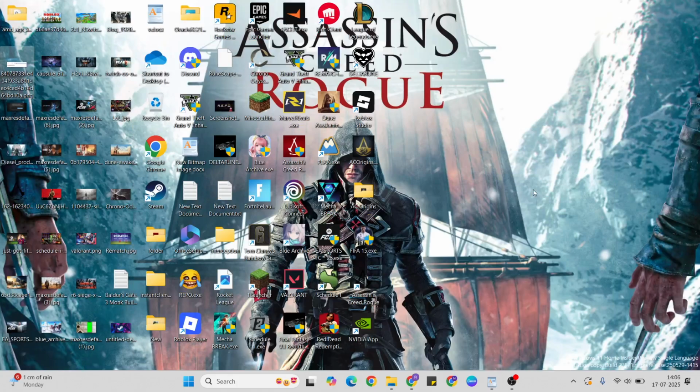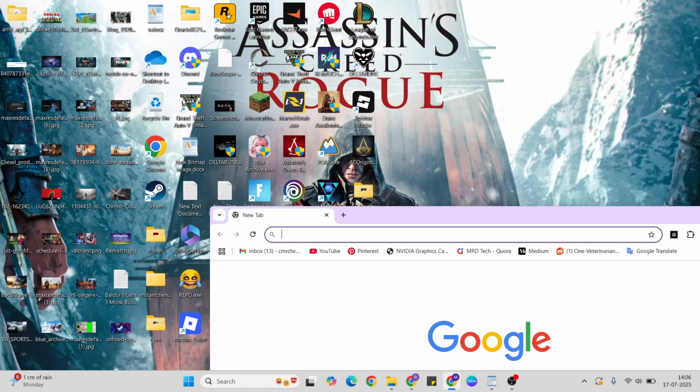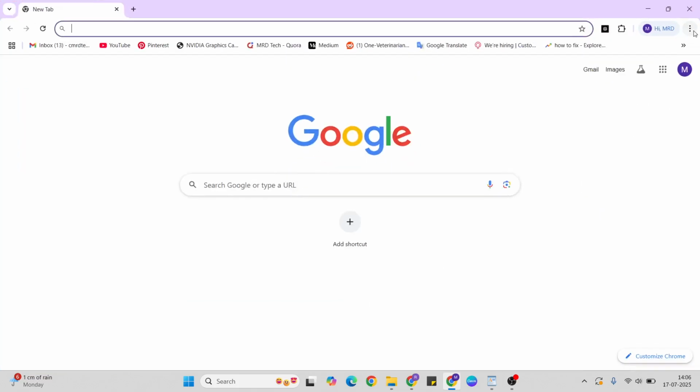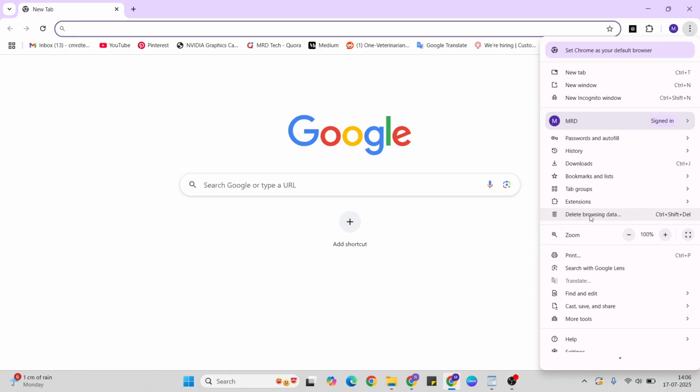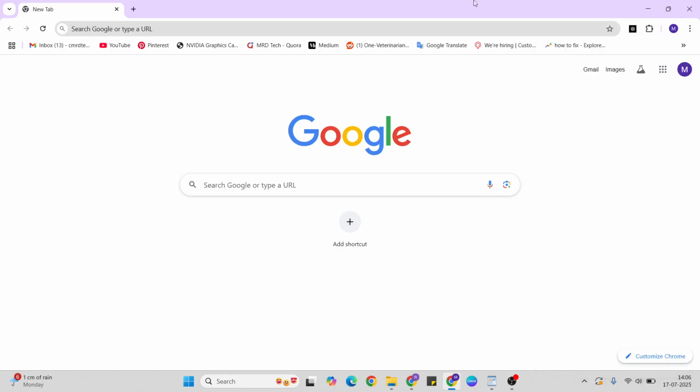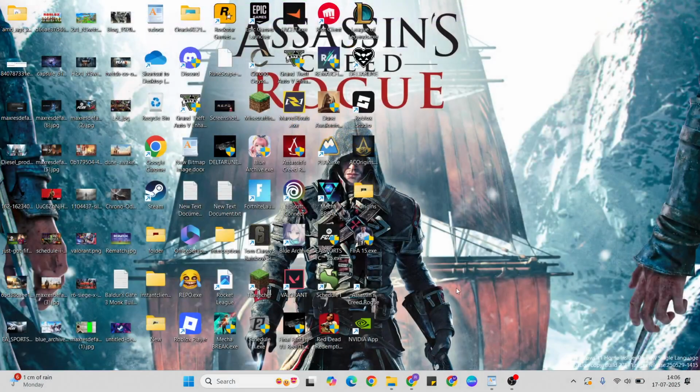Delete the browsing data. Open your browser, then go to the three dots and click here. Now click delete browsing data, and delete all of it. After that, refresh it again one time, open it, close your browser again, open it, and go to the next method,